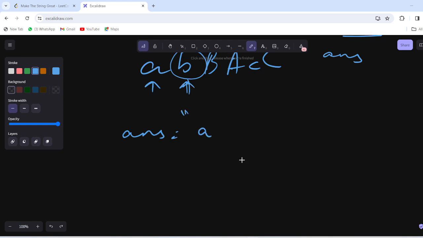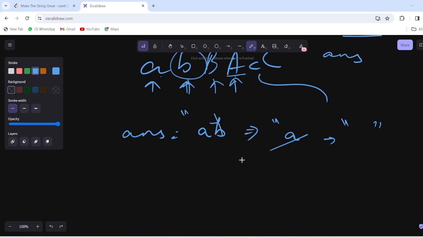Now move forward. We got b, and the difference of small a and small b is not equal to 32. Put it to the string. Now move forward. We got capital B. Capital B and small b give the difference of 32, so pop this element from our answer string. So the string will be small a. Now move forward. We got capital A. Small a gives the difference of 32. So again pop this element. We got an empty string.